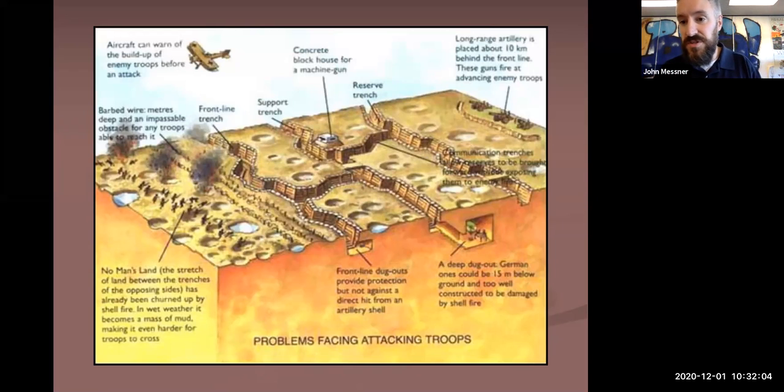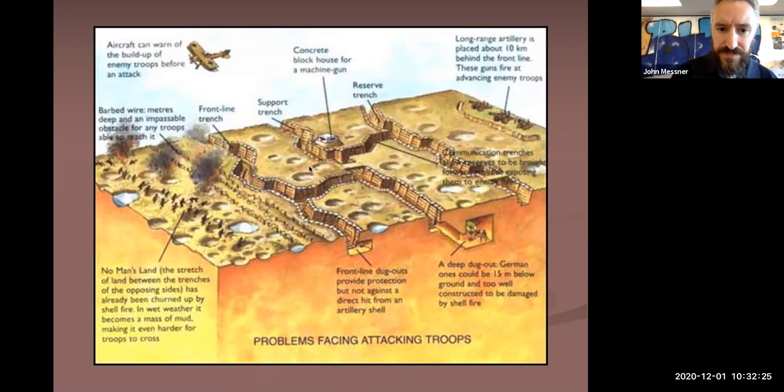It's pretty incredible to see original footage put together too. So, great ways to get a sense of what warfare was like in these wars. Here's a diagram of the trench system, how elaborate they could be. You'd have this front line trench, and then you go back farther and dig out other trenches. You have a support trench, you have a reserve trench. And then throughout, you have maybe high points where you have a machine gun, you have artillery in the back,